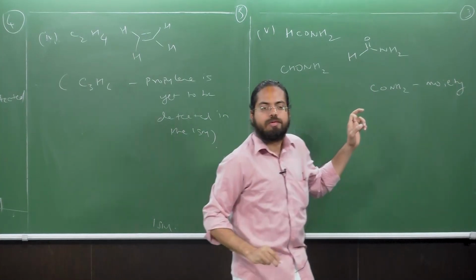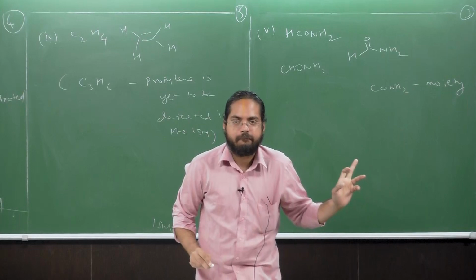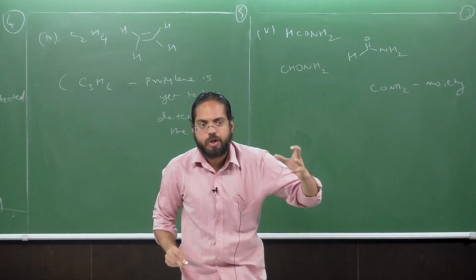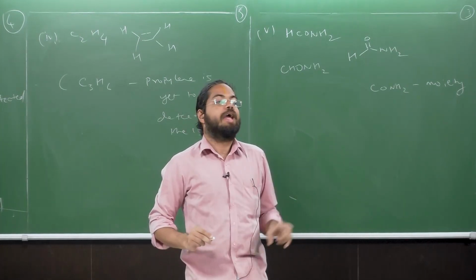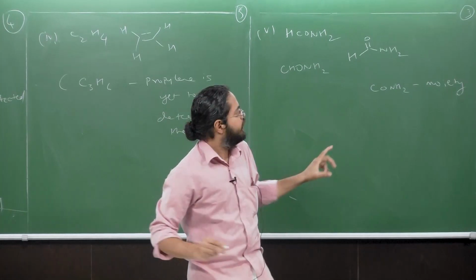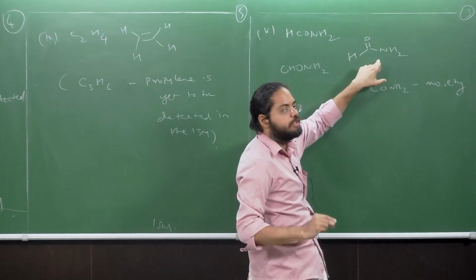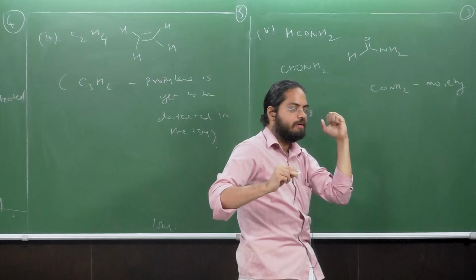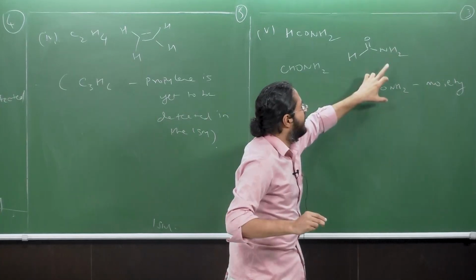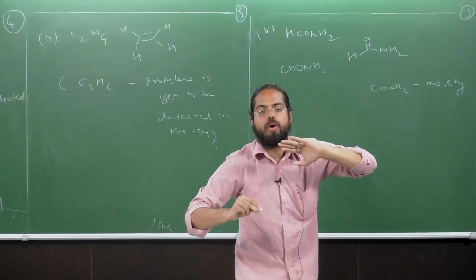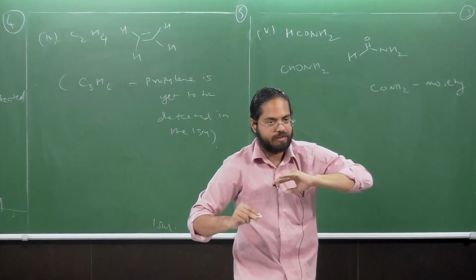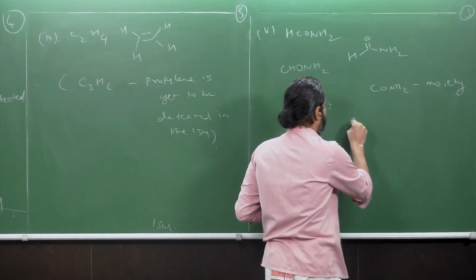And where else do you find the CONH2 moiety? What does it resemble? You don't exactly find it, but in the proteins and amino acids, right? You have CONH2 moieties in some side chains, and you see a resemblance going towards the amino acids, right? Amino acids are